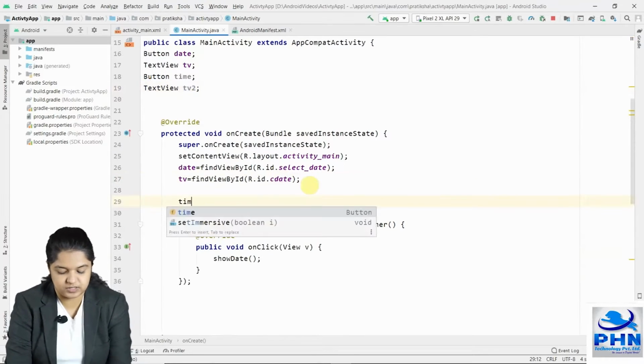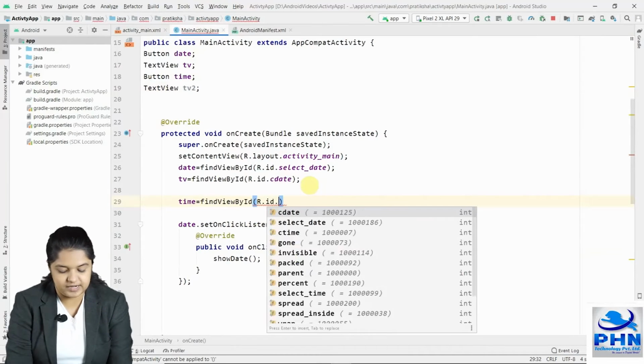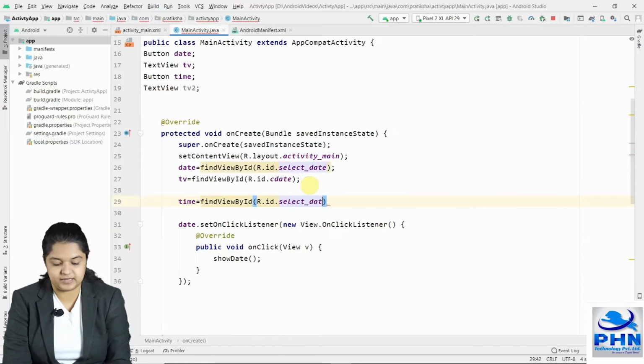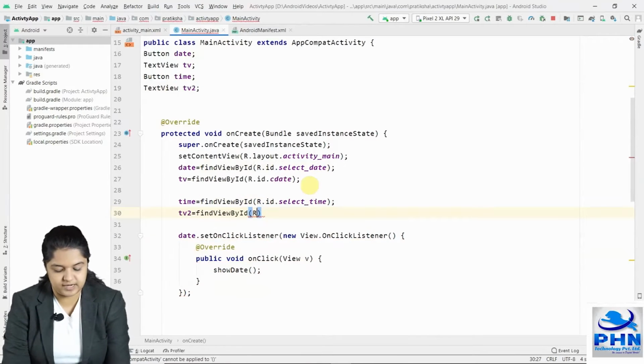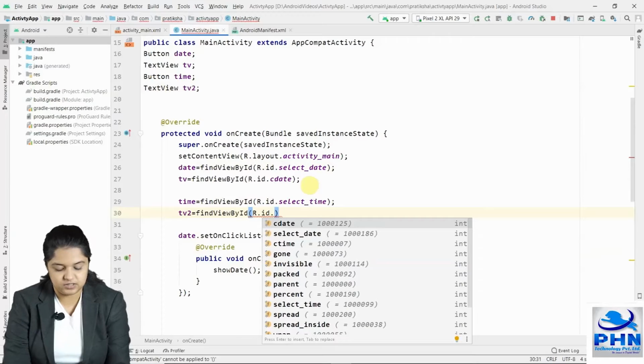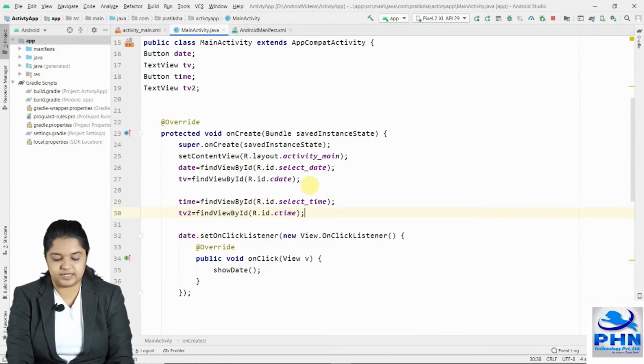Initialize these objects, so time equals to find view by ID R dot id dot select time. Select time is the ID of our button, and TV2 equals to find view by ID R dot id dot C time, which is the ID of our text view.